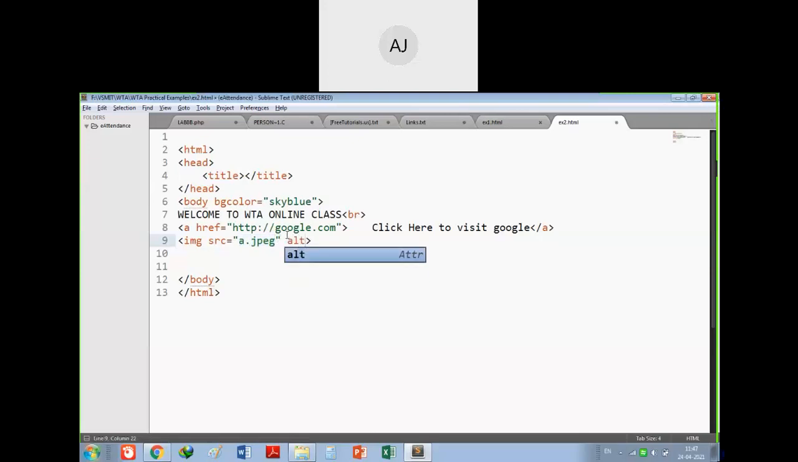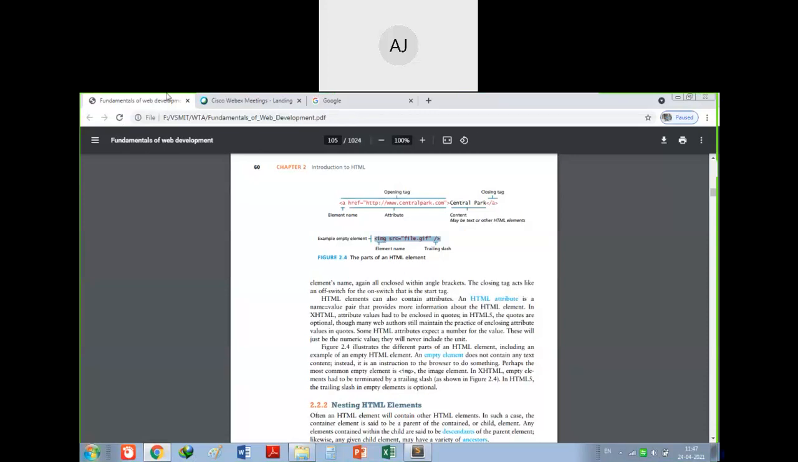That's why I have to give alt, that is alternate text. If this particular image is not loaded, what should it show? I will write a default image here. If the image a.jpg is not loaded, it should be present in your program's folder. Right now there is no file present here. So if I refresh here,